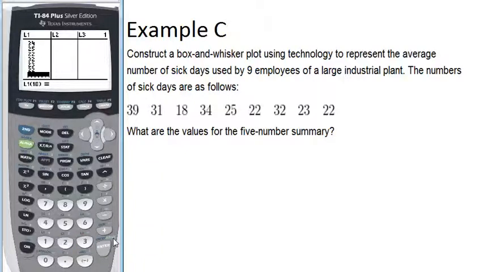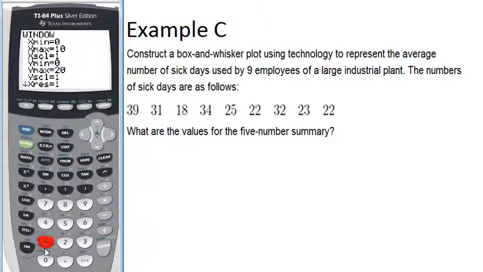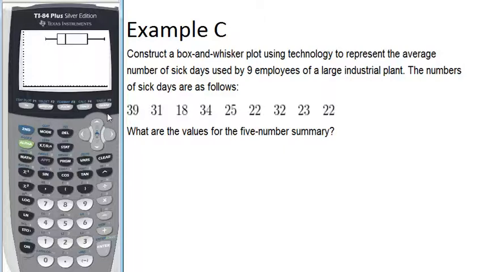Once we have all the data in there, we can reset our window. I know that the stat plot is already still at my box plot, so I don't need to change that. But I do need to change the window because the range is now not from 0 to 10. It's from, well, let's say 10 up to 40. So I'm going to change this from 10 to 40. And click graph. And there we go. So we can see our box and whisker plot,